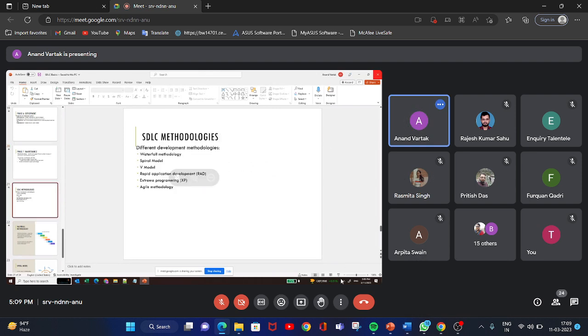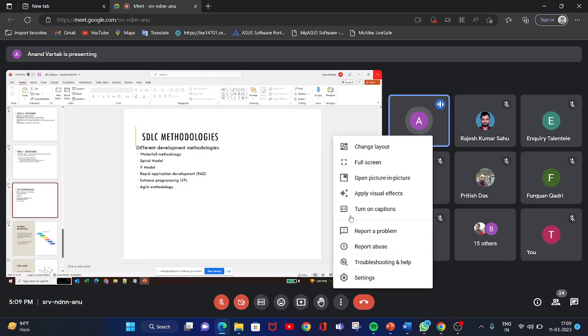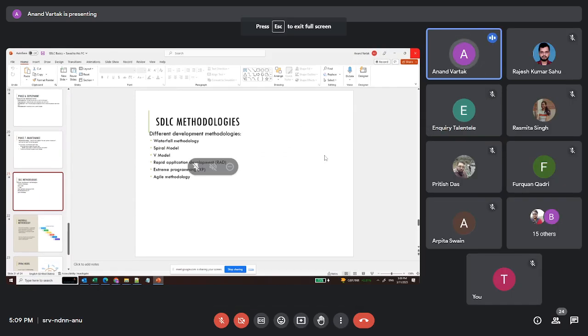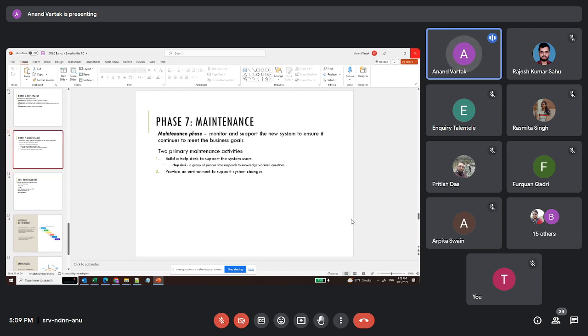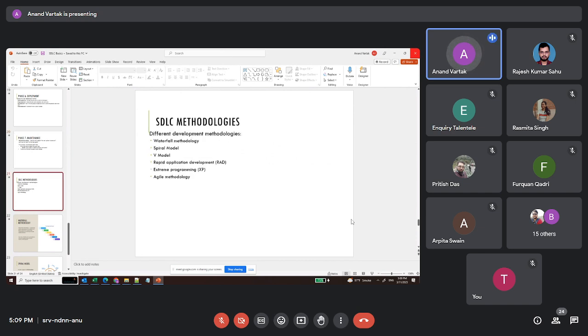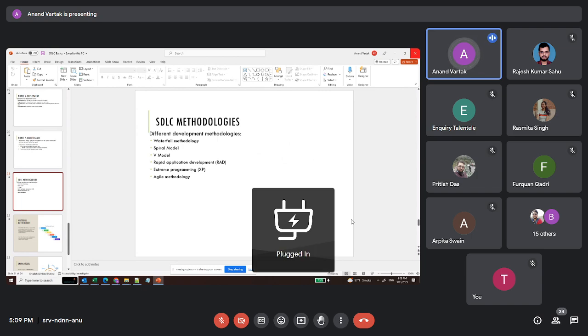So in addition to the SDLC methodology, whatever we have covered, and we covered till this slide, that is the different methodologies or models which are supported. So from phase 1 to phase 7, this is overall SDLC, which is a concept followed by most of the companies. But to implement SDLC, we have